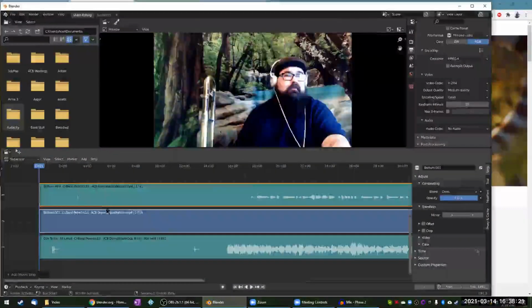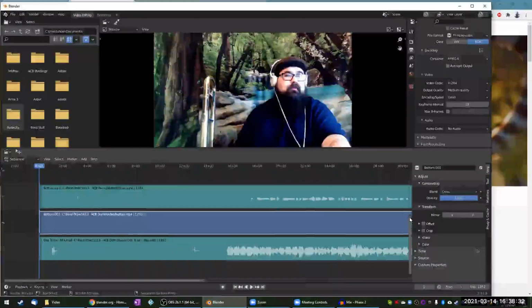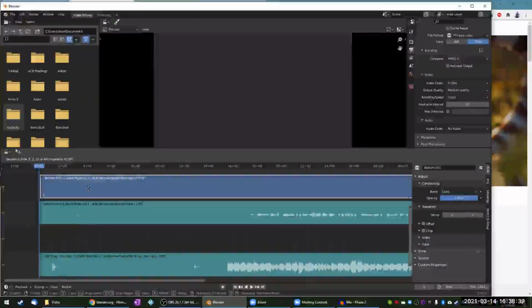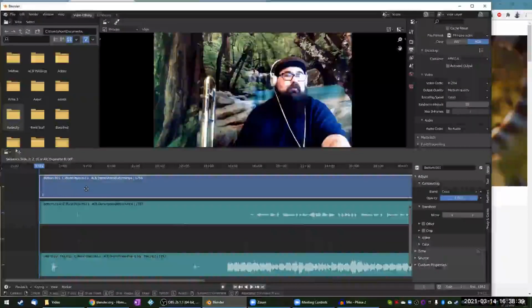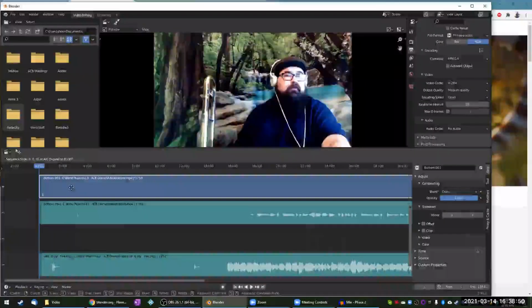One thing I can't seem to get a handle on with this is it always puts the audio track, and you can tell because it has the waveform here, above the video. And I want to compare the audio from the two tracks. So what I'll do is I'm going to take my video track and I'm going to grab it and just drag it up above my audio. But one thing I have to be careful of is not losing what frame it was on. So as I'm holding it down, a number appears right here to tell me what frame this, what they call a strip, lands on or starts on. So I want that to be on 1.